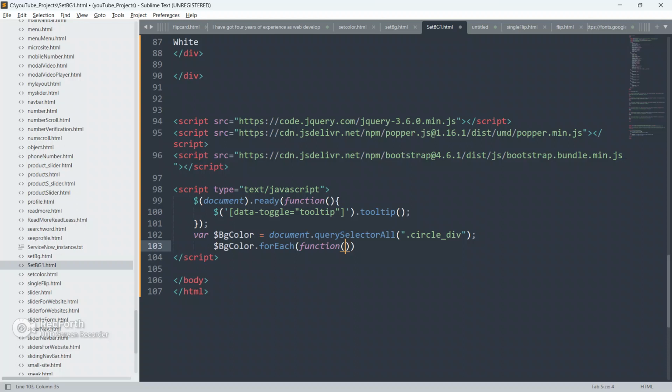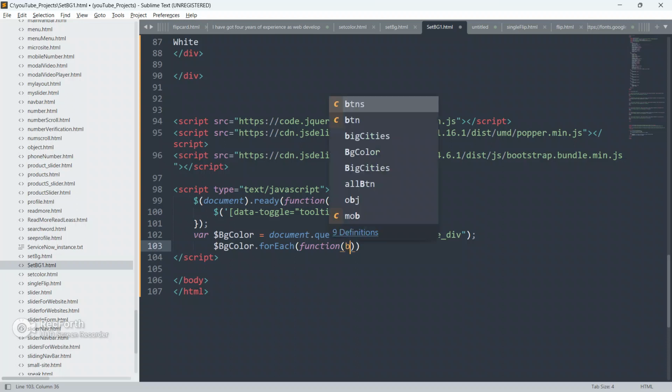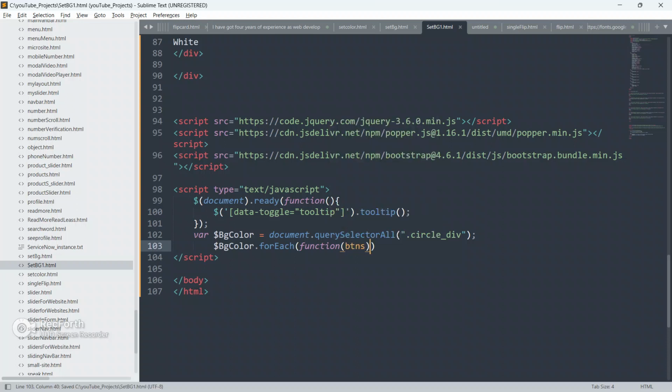So provide a function here as a parameter and give it as btns. Open this, and on this btns we are going to append an event listener. So addEventListener.